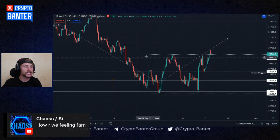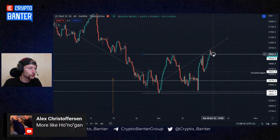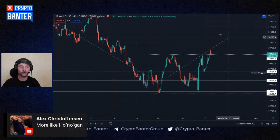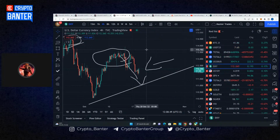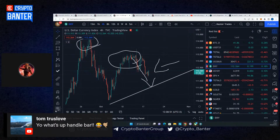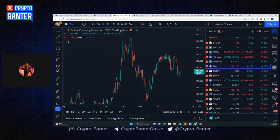And what we currently have now is we have broken the previous high. We're looking to turn it into support, and after that, we'll be chasing down the next one. So far, stock market looking pretty good. We have the Dixie also making the lower high, which was very important for us to get a lower high out of the Dixie. And if we could continue this,